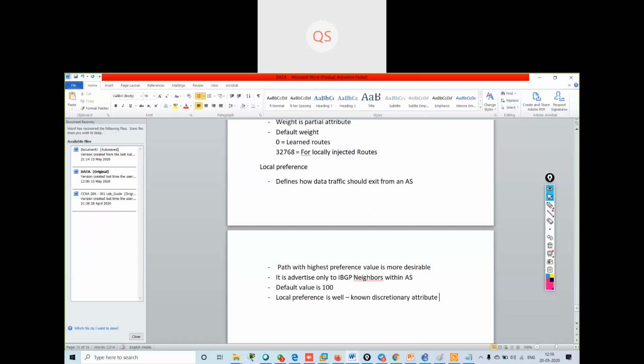Any doubt till here in weight, local preference, or anything? No, sir. Anyone, any doubt? Hari, no doubt. Varun, okay.